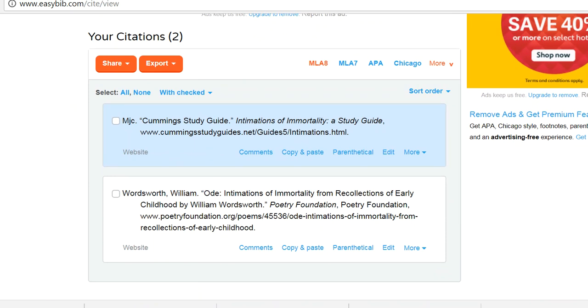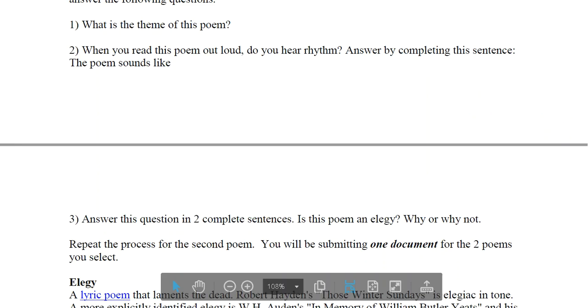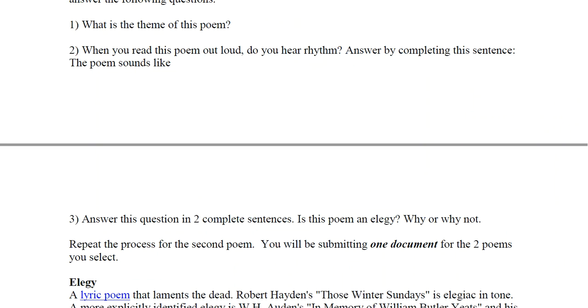Now let's go back to the PDF and see what we're doing. I'm going to consider the ideas that I saw in that particular analysis of the poem. That may or may not be right. I may or may not agree. But I'm going to write big and bold what I think the theme is, and if I use that resource, I'm going to make sure that I cite that. According to that particular website, this is the theme. I agree with that because. And I'm going to do that in my own words, but I'm going to give credit